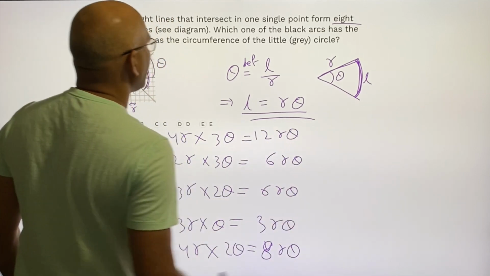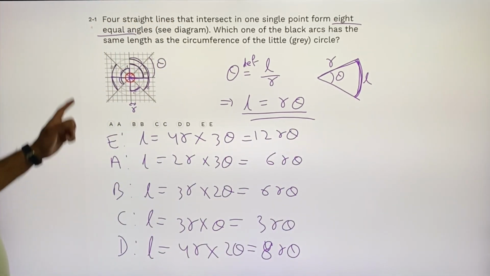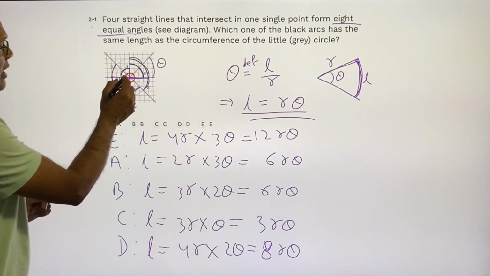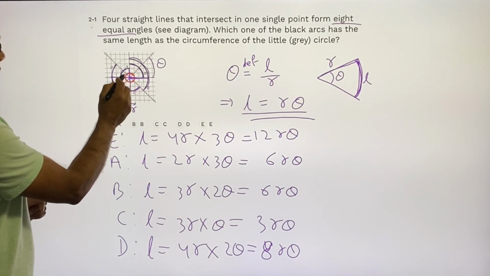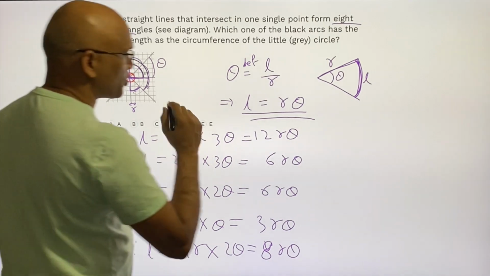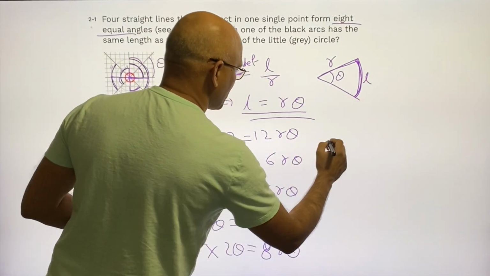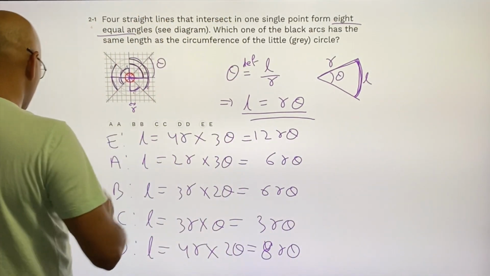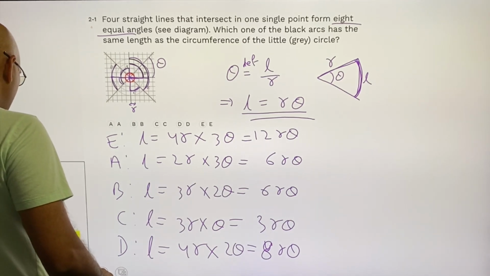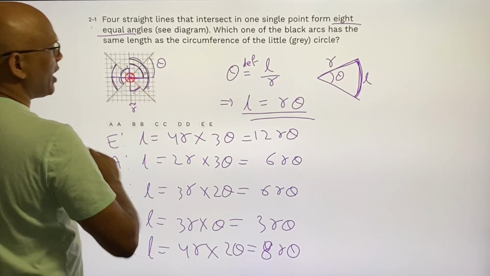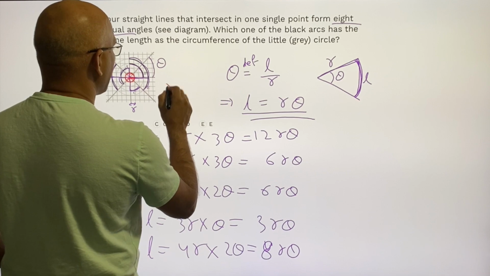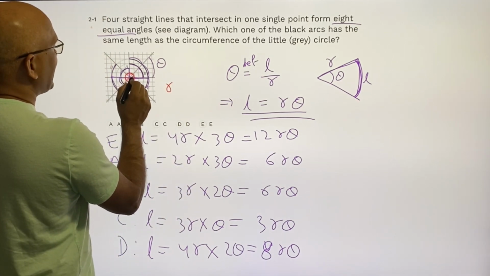12R theta, right? Okay, and we forgot to calculate the arc length of the smaller circle. So the smaller circle is going to be, here we have only one radius, right? That is R, right? And theta is